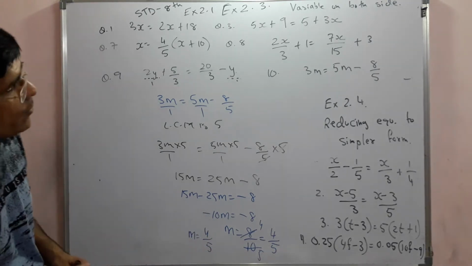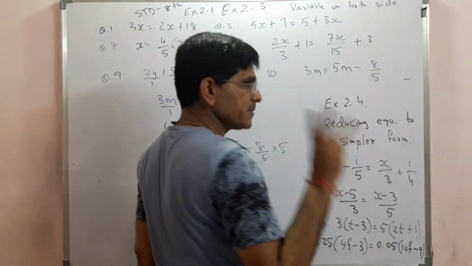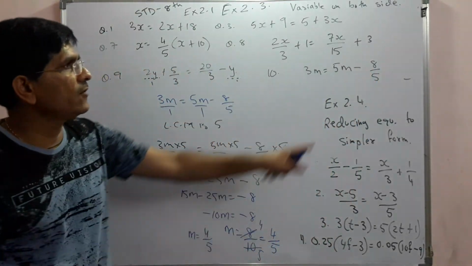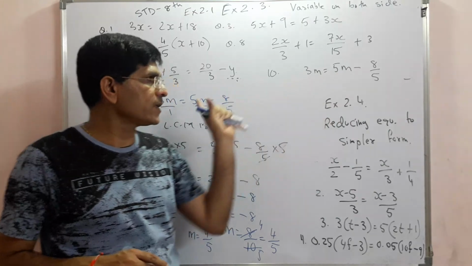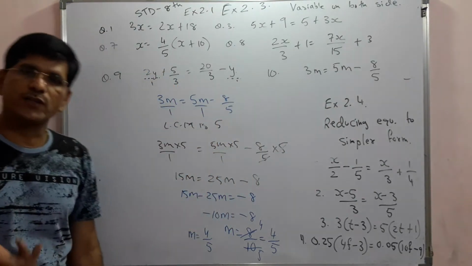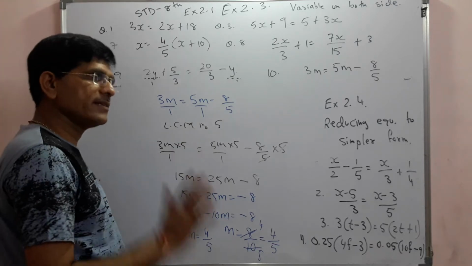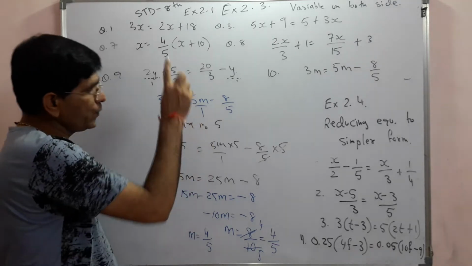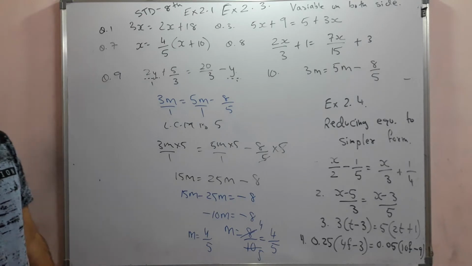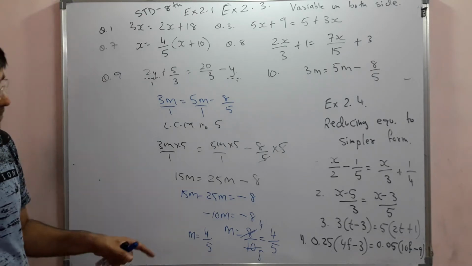Again I am explaining how many terms are there. 1, 2 and 3 terms are there. When the denominator is only 5 here, in each term we have to write 1. Now LCM is 5, so each term is multiplied by 5. Both sides the denominator is 5, so we can easily cancel. That is why I am not writing the denominator every time, because we have to multiply by the LCM each time.